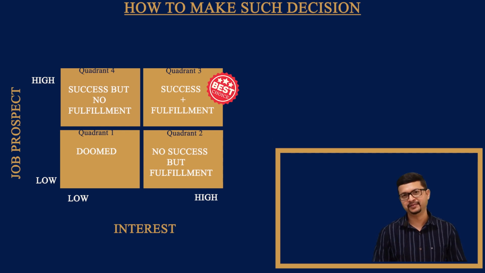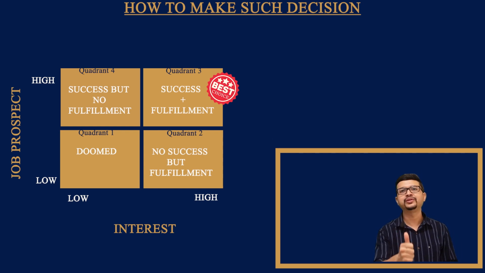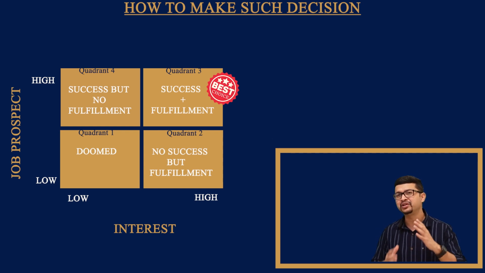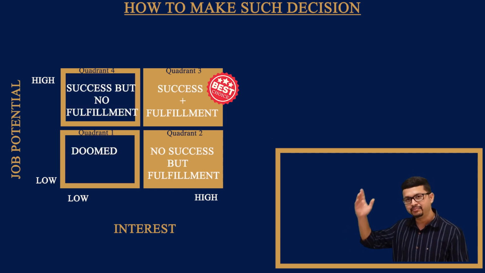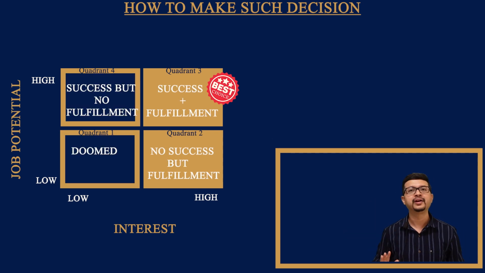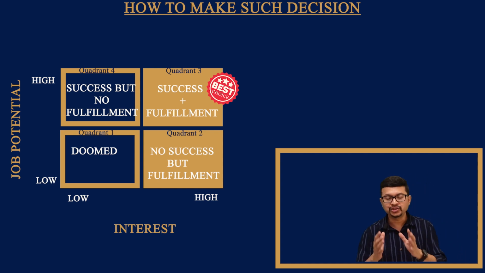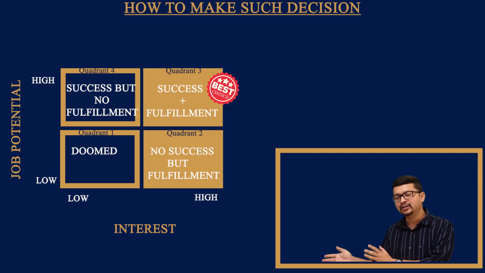The number one principle: focus on interest. Interest should be your primary driver of making the decision. Hence, I will black out quadrant 1 and 4. I will not even consider that. Now, once you have done that, now let's say we will have to make a decision based on quadrant 2